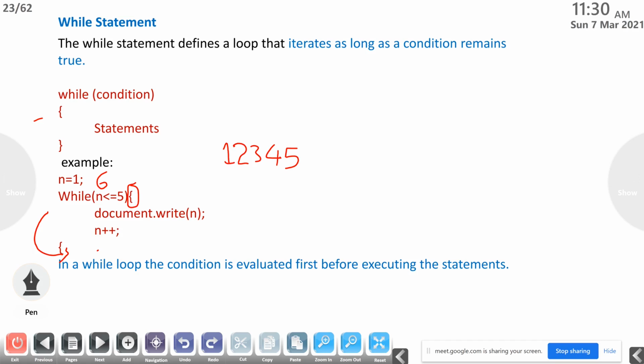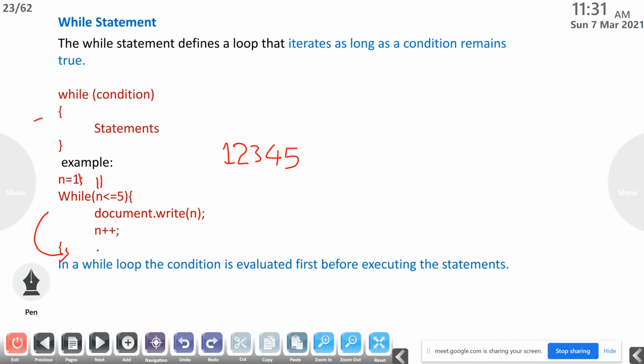and after that the control will move outside the closing brace. So in a while loop, the condition is evaluated first, before executing the statement. For example, here the value of n is 11. It will check 11 less than or equal to 5. 11 is not less than 5 and also not equal to 5.